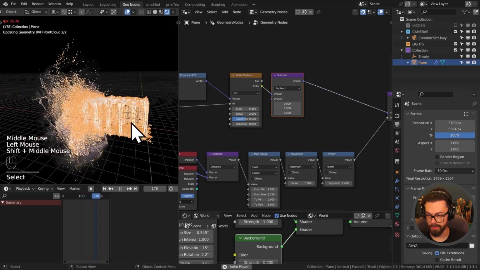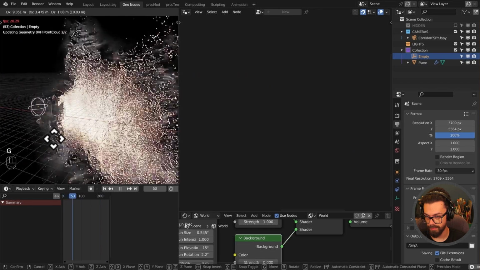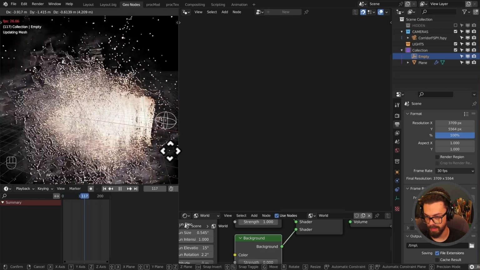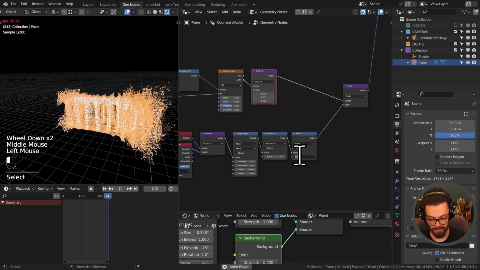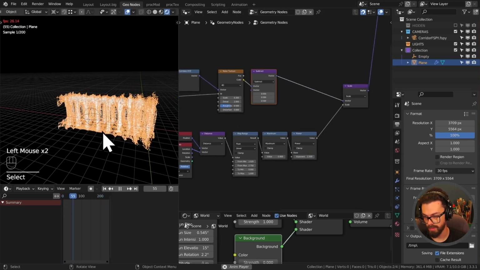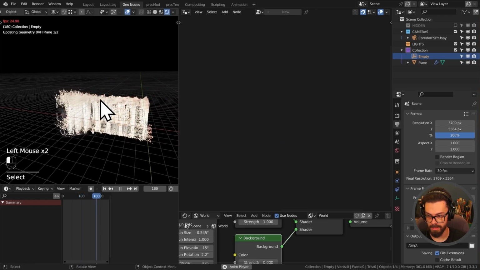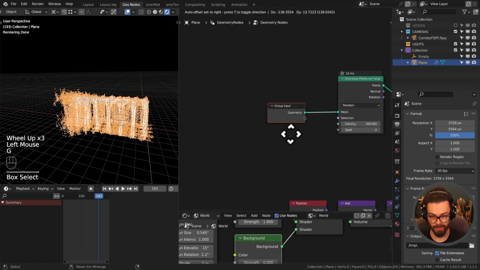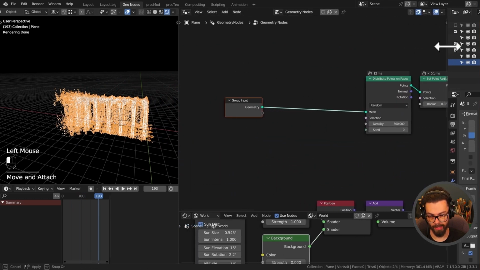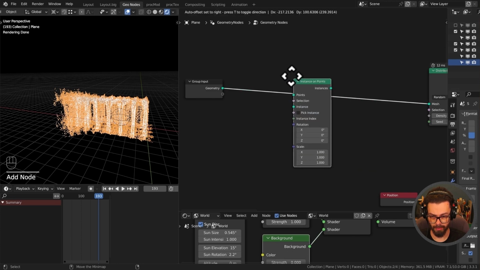Cool, so now if I was to move through this empty, you can see it has this kind of effect where it all explodes. The power is probably a little bit too strong. Again, maybe 1.5 there. The reason I'm turning it down is because we're about to do an array. So just before all of this happens, before our distribute points on faces, we want to create an array, which we can do in geometry nodes super simply, just with instancing on points,